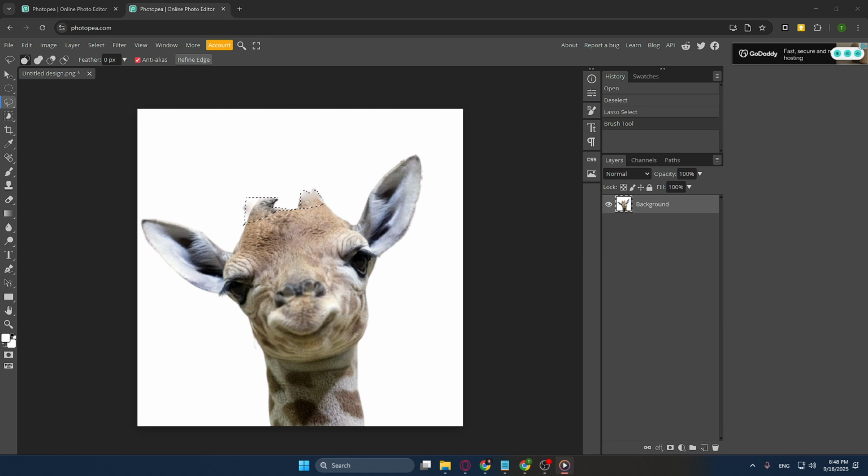Remember, practice makes perfect, and the more you use these tools, the more adept you'll become at creating beautifully edited